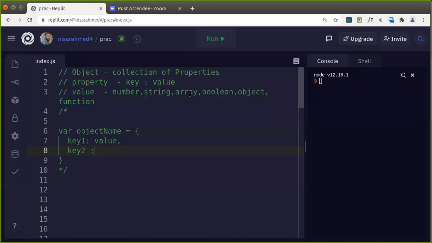This is just a syntax, guys. Then you have value2. Each such key-value pair we call a property. Like that you have several properties combined together to create an object. You can have multiple properties. Good. So this is the basic syntax using which we can create an object.